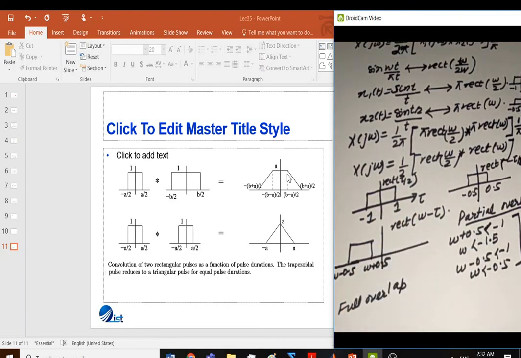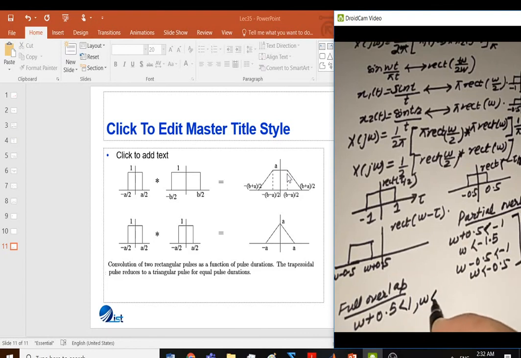So this full overlap continues till omega plus 0.5 is less than 1, or omega is less than 0.5. So what is the range of full overlap? Minus 0.5